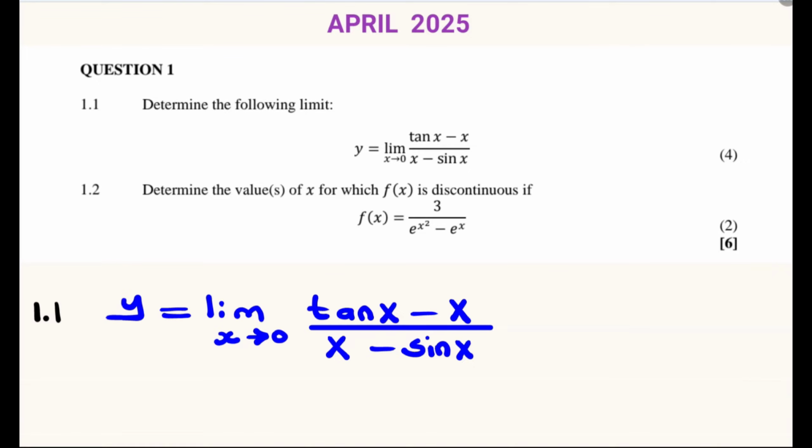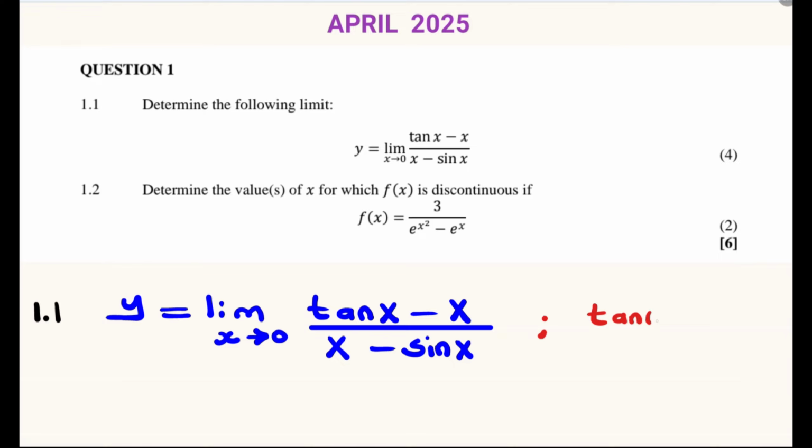My name is Pino. In this video, we'll be going through question 1 from the April 2025 N5 question paper. Question 1.1, we have to determine the limit of (tan x minus x) all divided by (x minus sin x) as x approaches 0. And from here, we directly substitute the 0 where there is the x, and we have